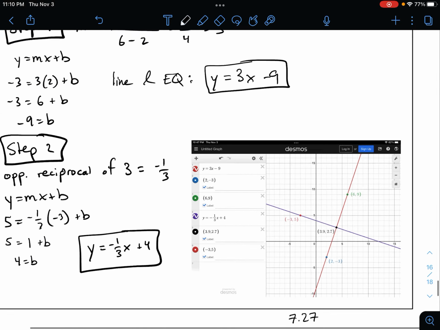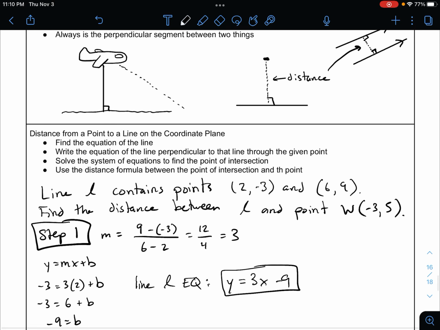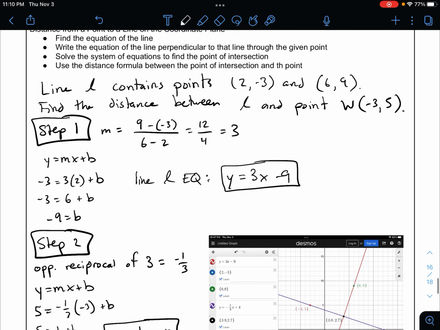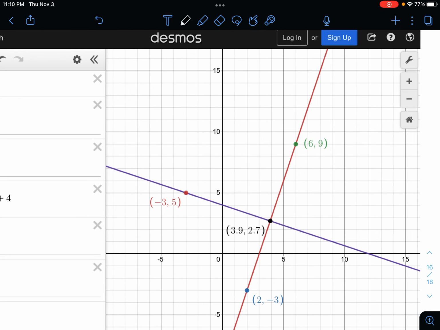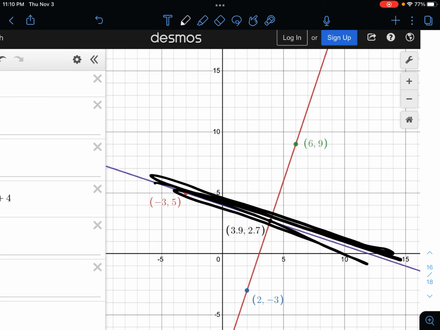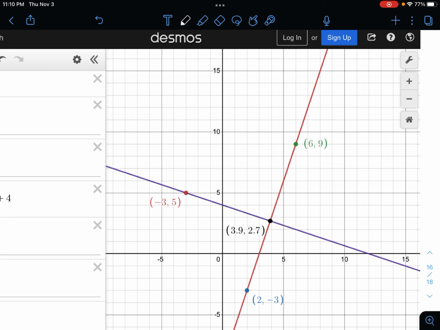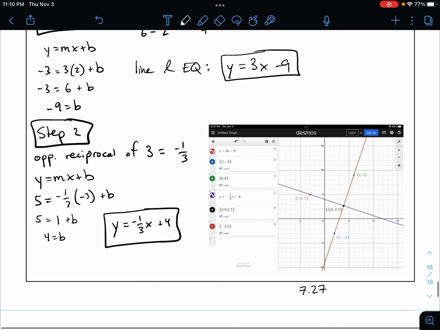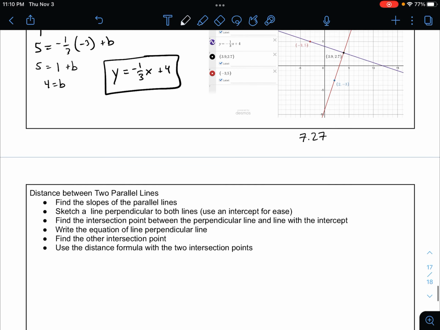All right, so step 3, we want to solve a system of equations to find the point of intersection. Basically, we're looking for where the purple line, which was our perpendicular line, intersects line L, the original line. You can kind of already see the answer of what we should expect to get. But the reason we do this is because in order to find the distance from this point to this line, I need to know 2 endpoints. So I have to find this point of intersection first. I'm running out of room here, so I'm going to